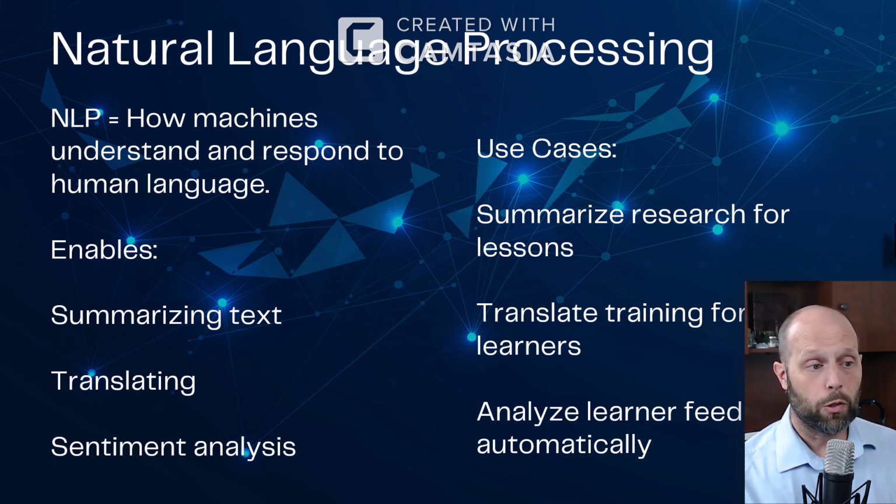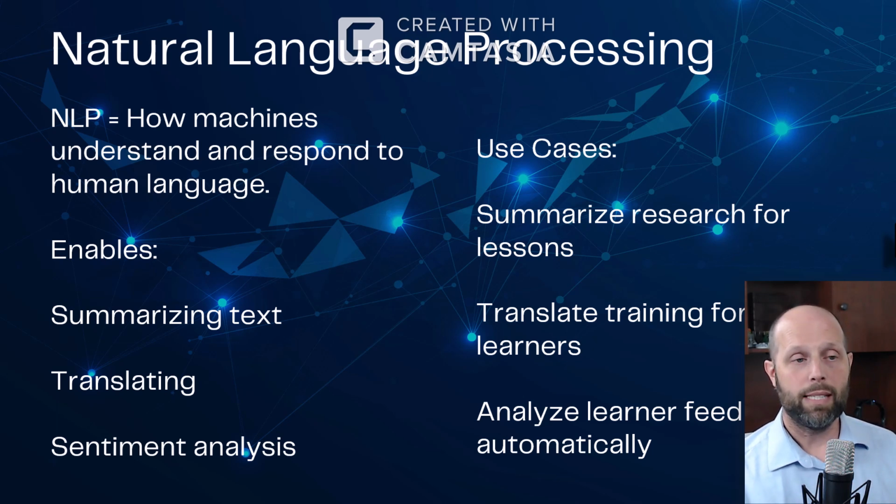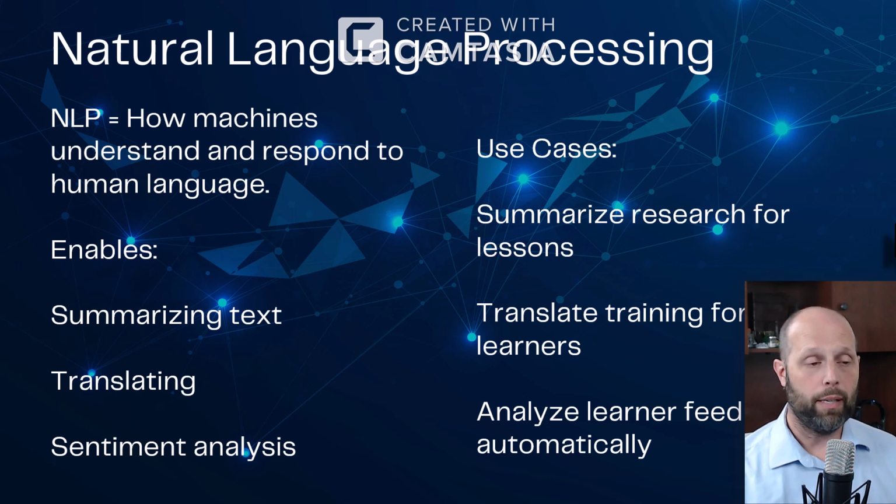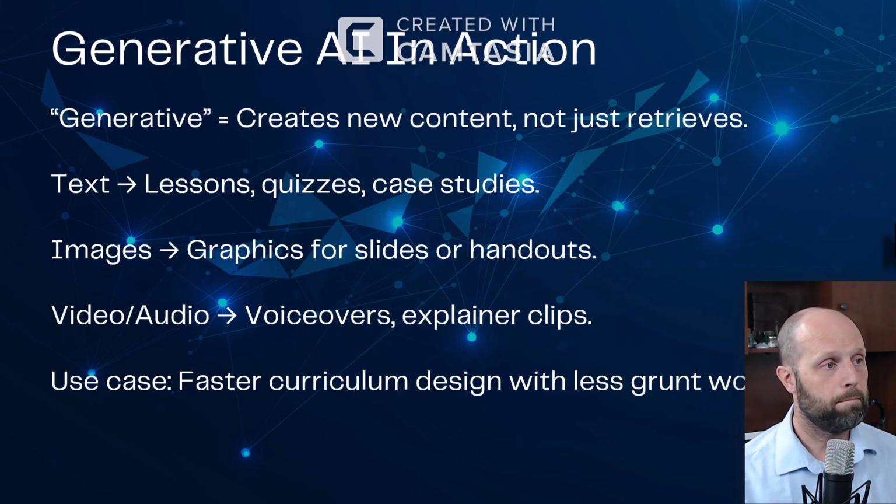It can analyze learner feedback automatically. So instead of you having to read every single comment that someone leaves about your course or about your class, all of a sudden you can have AI summarize or analyze that and spit it out to you in either some sort of a word format, in some sort of a table or a graph or whatever format you tell it to put in. Okay, and it's really a powerful, powerful thing.